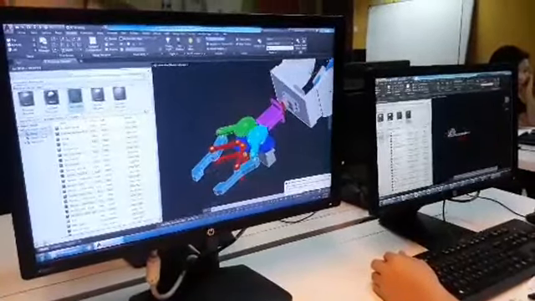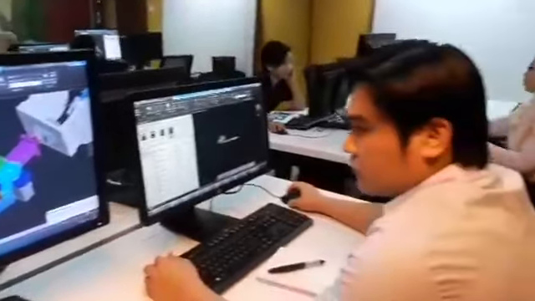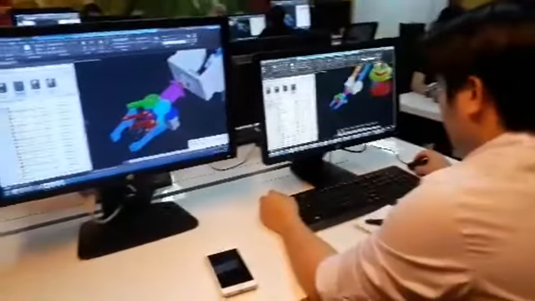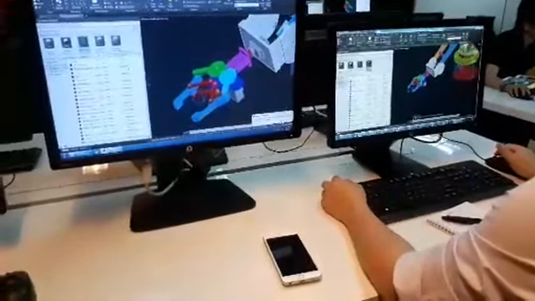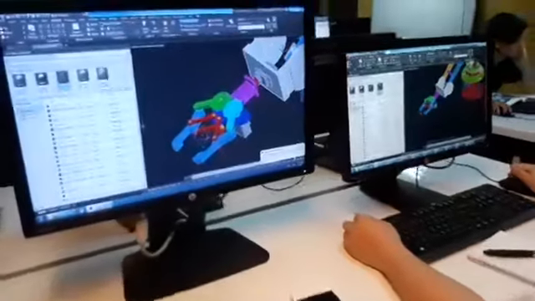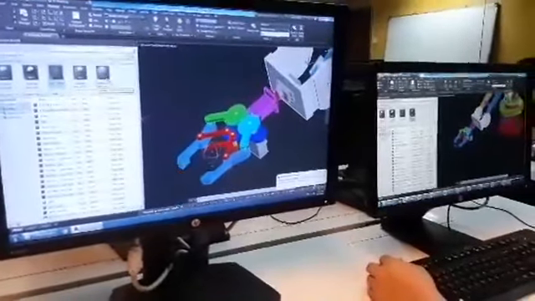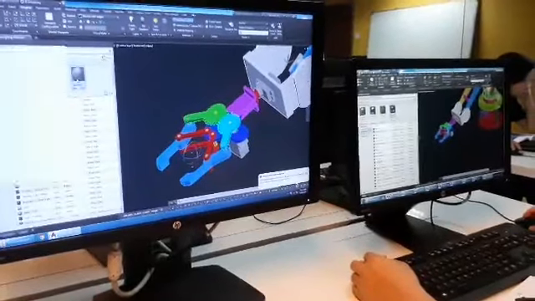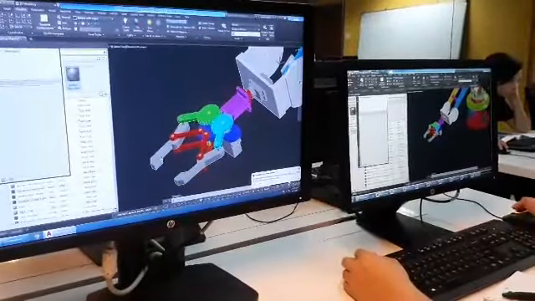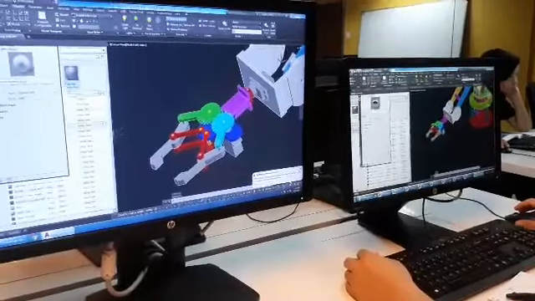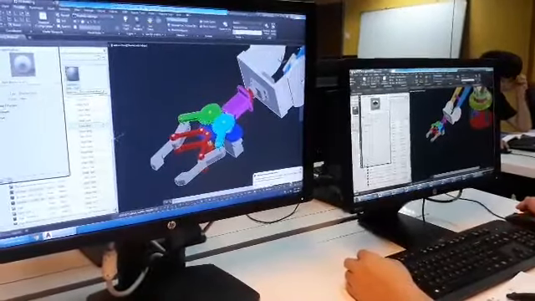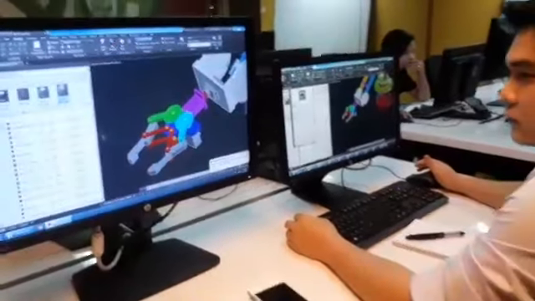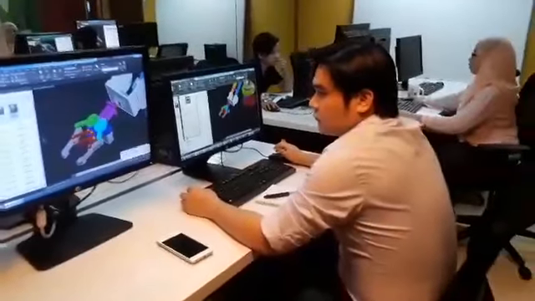You can select the object that you want to assign the material to, and you can click the material here from this palette. Select the object and click. Let's say I click this type of material. Okay, so this one will be changed to the stainless steel setting. Or you can drag this type of material here